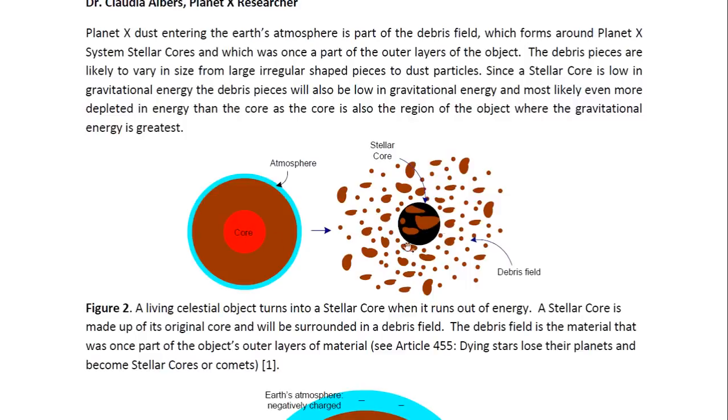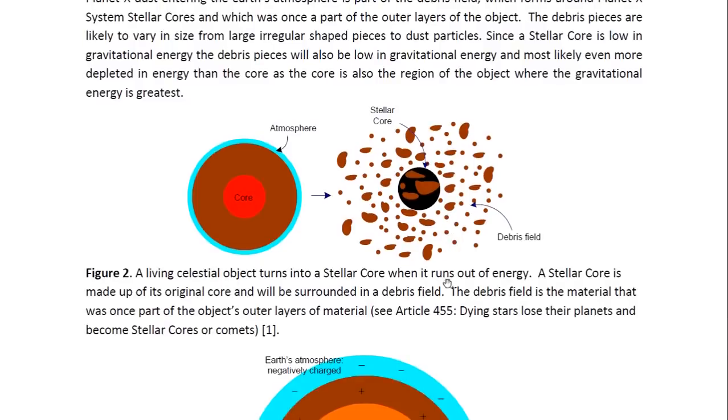We then have the stellar core, the core of the object, which can no longer generate energy. It's still the densest part. It will still contain some gravitational energy, but it will no longer be able to generate any more. And because of that, its gravitational field declined to the point that it can no longer hold on to its outer layers of material. And so they break up and become a debris field around the stellar core. And for more details on this, you may look at article 455 entitled Dying Stars Lose Their Planets and Become